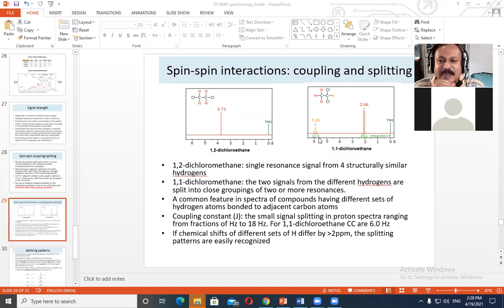That splitting is because of what is called spin-spin interaction, and that is itself because of the chemical environment. These other protons have some influence on this particular proton, and therefore although we are expecting a single sharp peak, that peak is actually split up into 2. That is, we get a doublet here, and here we get a quadruplet. That is to say, 4 different peaks which are close to each other, and they represent one particular energy range.